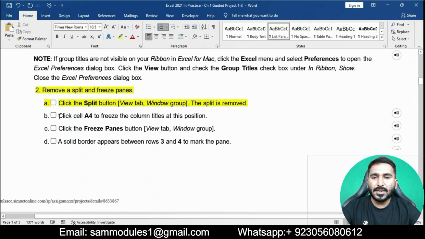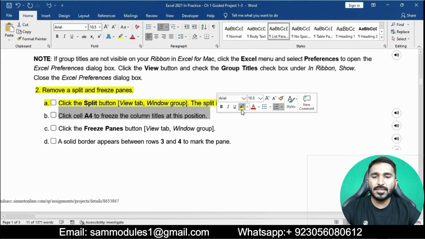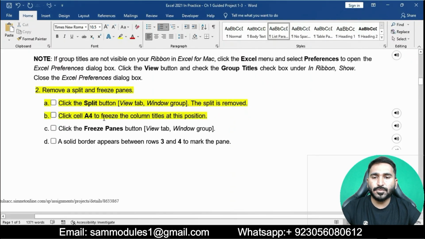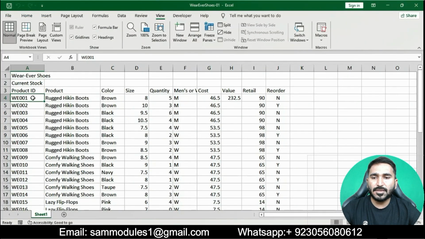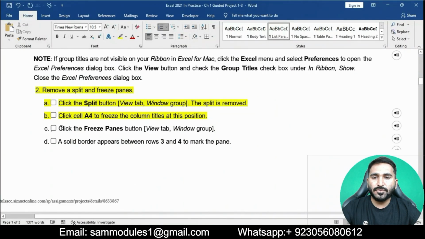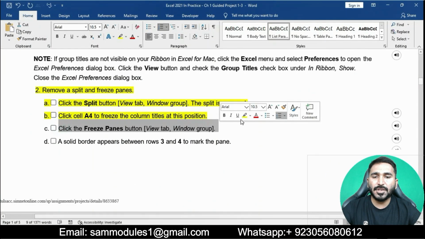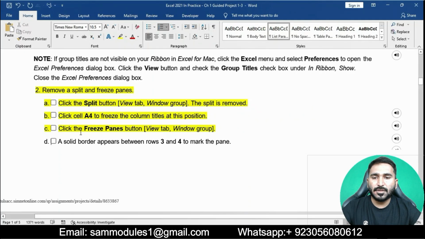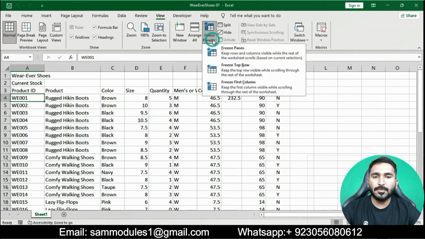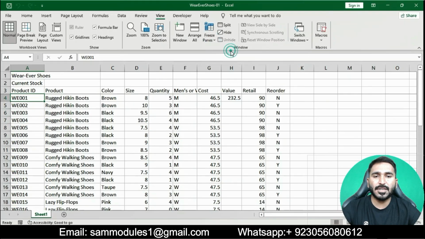Now click cell A4 to freeze the column titles at this position. Click the Freeze Panes button. Go to the View tab, and in the Window group, click the Freeze Panes button.